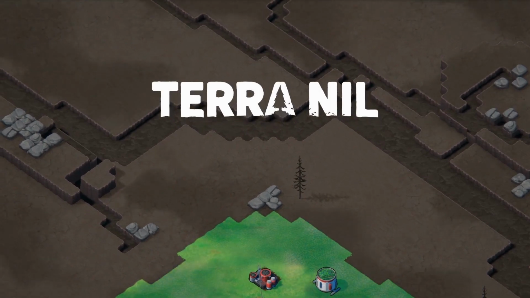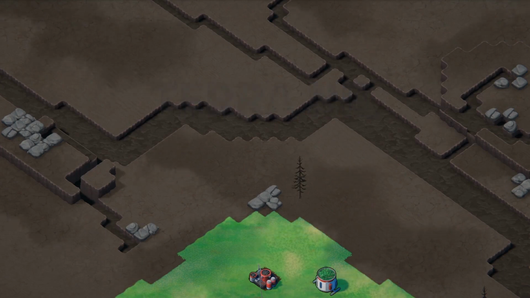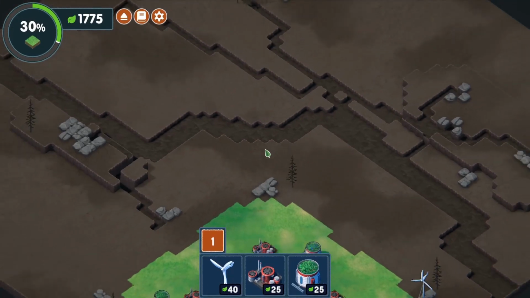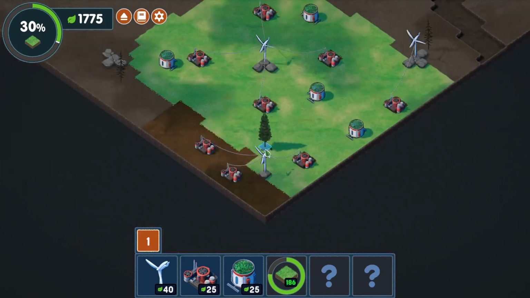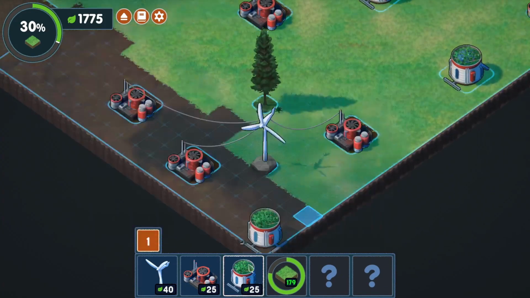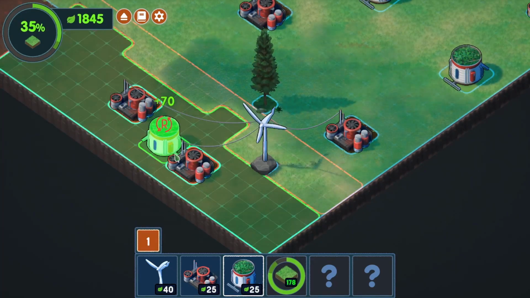You only have one resource to manage, and your objective is to restore nature within a certain area and within a certain climate. And once you're done, it's not like, okay, all these buildings will now just be here. No, in Terra Nil, the level isn't done until you've cleaned up all of your buildings and you leave that